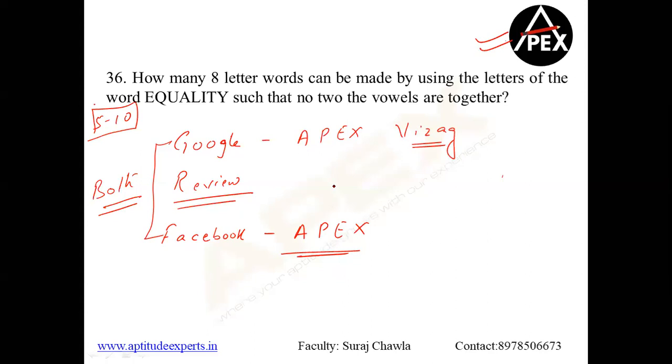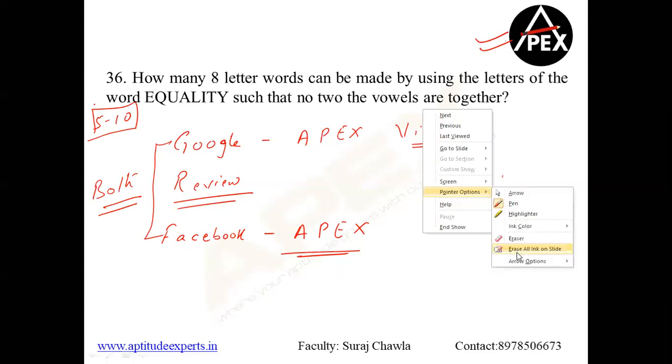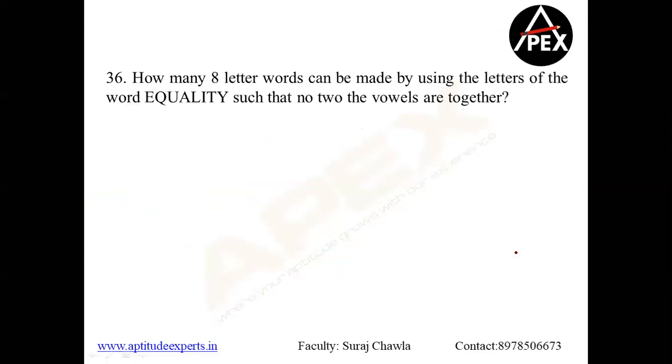36th question. Why can't we do 8 factorial minus all the vowels are together? Mahati's doubt, okay. So Mahati is asking about the 36th question: why can't we do 8 factorial minus all the vowels are together? So please understand, Mahati, that's the whole difference. If I'm doing 8 factorial minus vowels together,